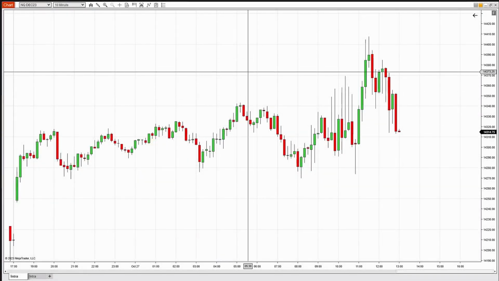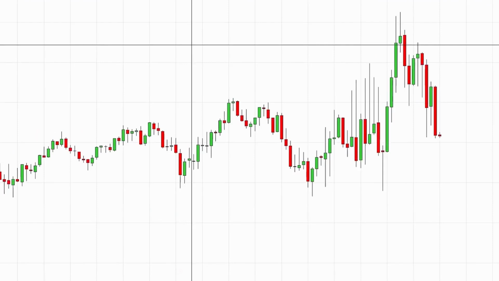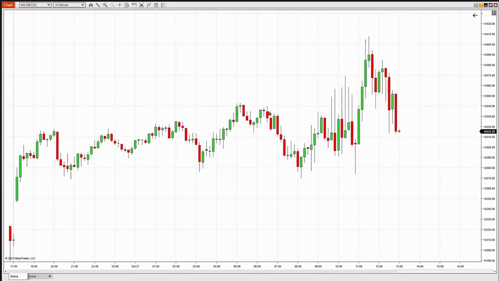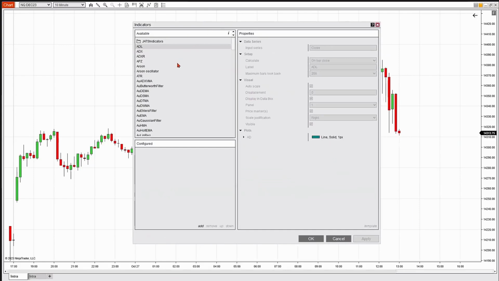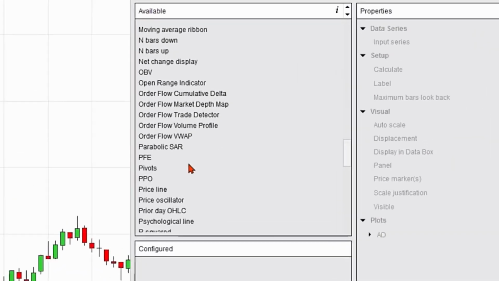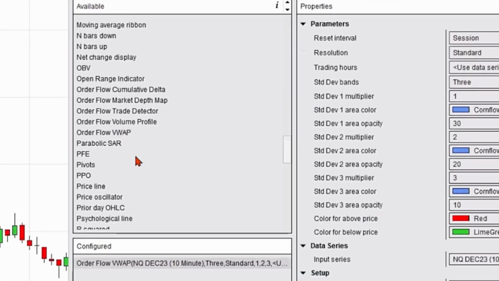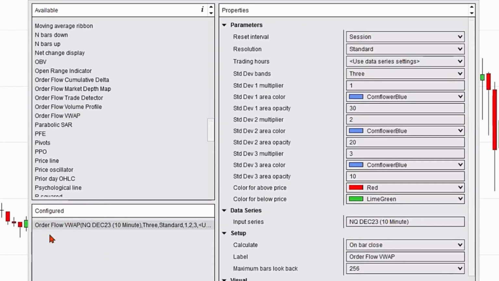I have a 10-minute candle chart of the NASDAQ futures. I'm going to right click, a pop-up menu will appear, and I'm going to select the word indicators at the top of the menu. It'll open up a dialog box with all of the available indicators. I'm going to scroll down and find order flow VWAP, or order flow volume weighted average price. I'm going to double click, and it's going to activate or configure this particular